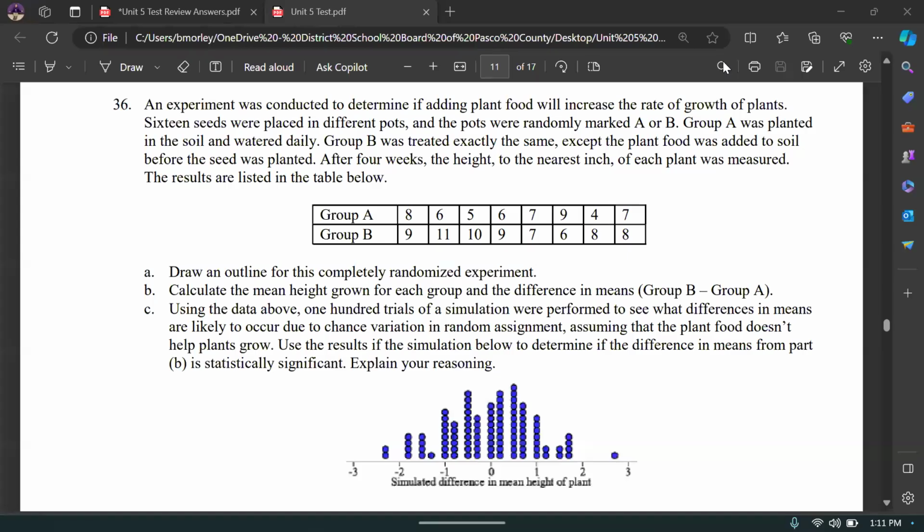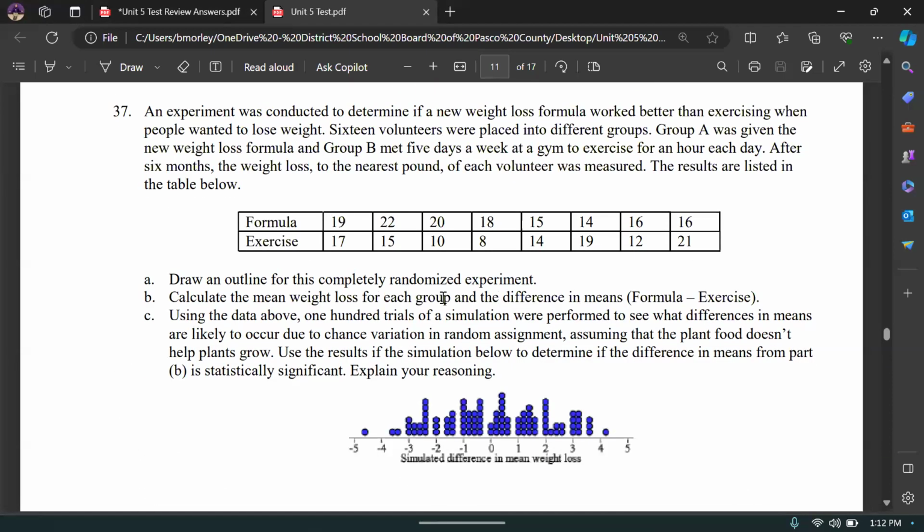All right, to prove it's not my fault, that I'm not crazy, here's the original question. This comes from the question bank, by the way, that I've used to make the test. You can see that it's right here, talking about plant food helping plants grow. We have seen this before, but it's not supposed to be here. So this should have been revised and reworded. Anyway, I just wanted to prove it wasn't my fault. Oh, wait, no, this is a plant food question. Hold on. Oh, nope, still here. As you can see, it still says it.